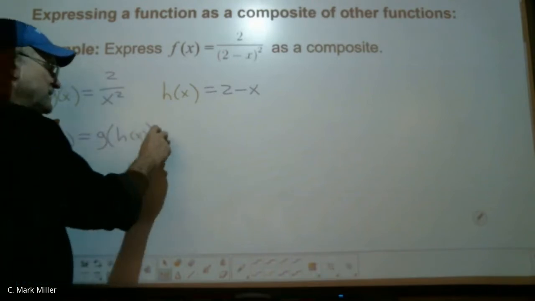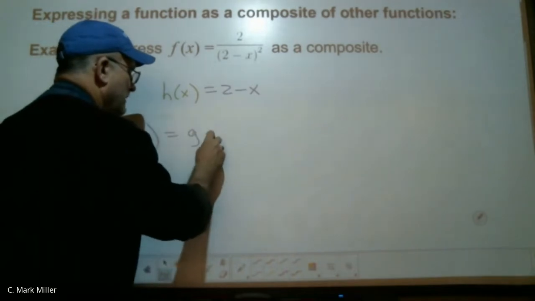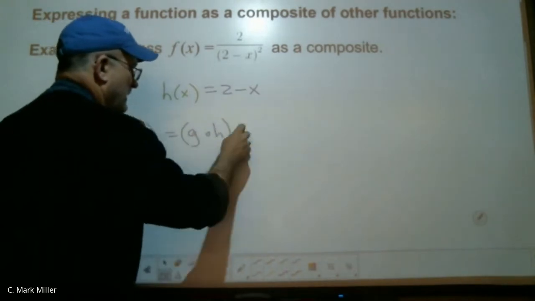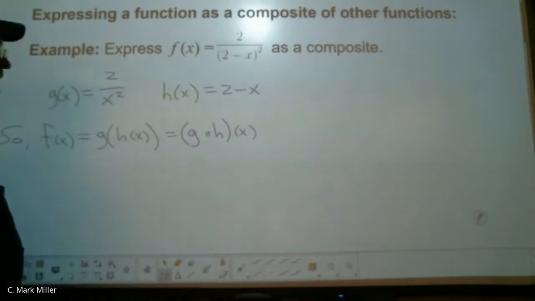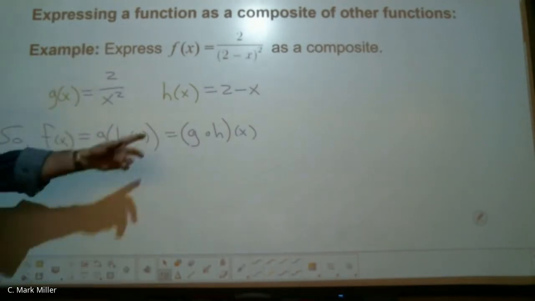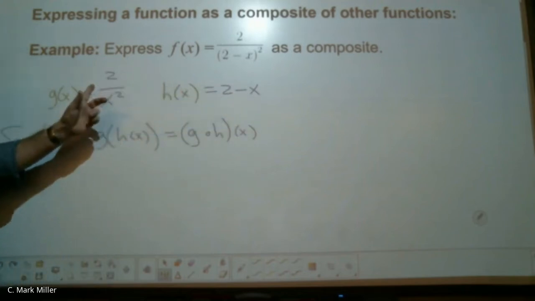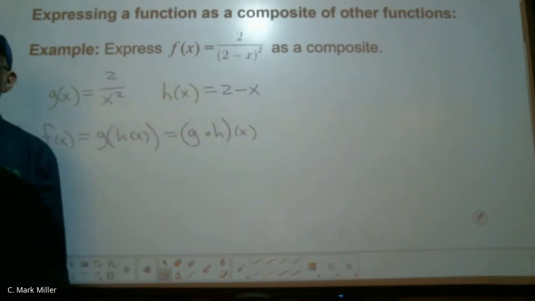And to use the notation we did before, okay. Because if you plug the 2 minus x into the x squared,